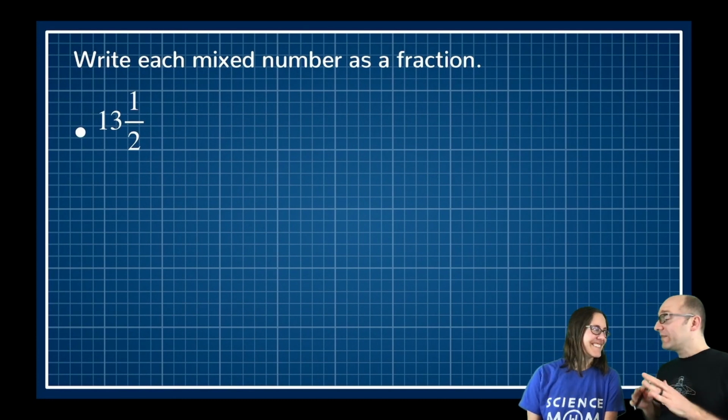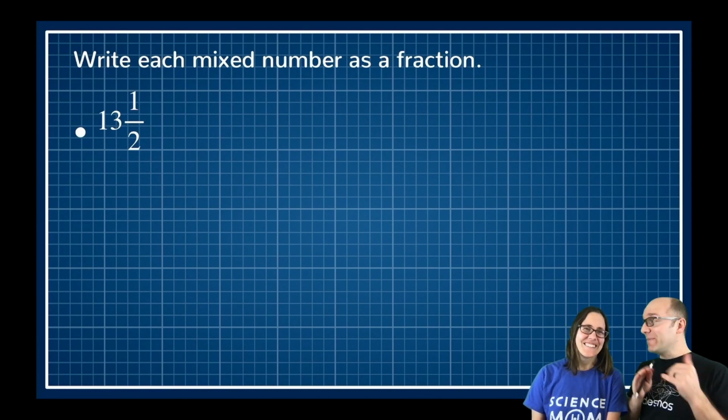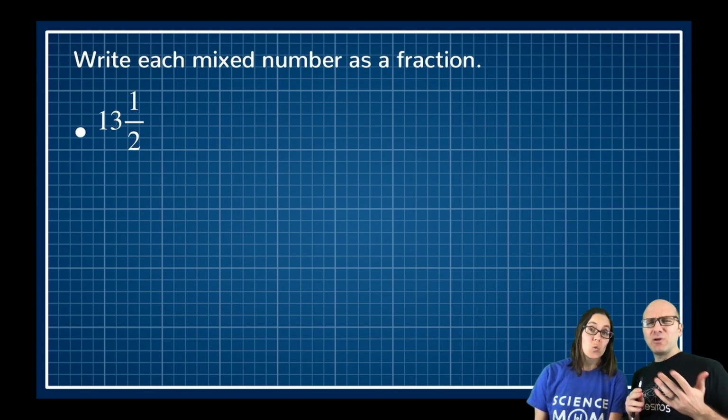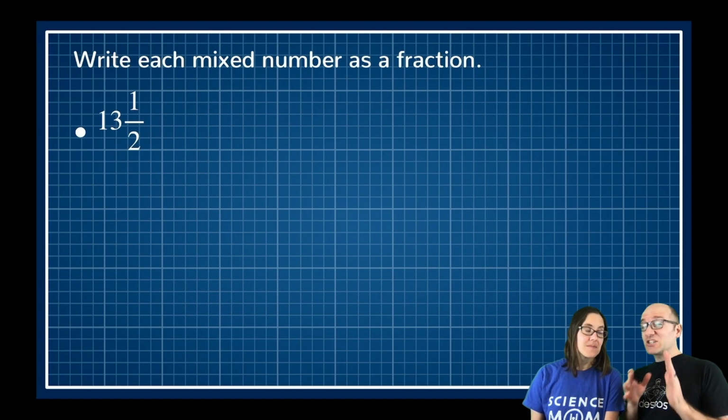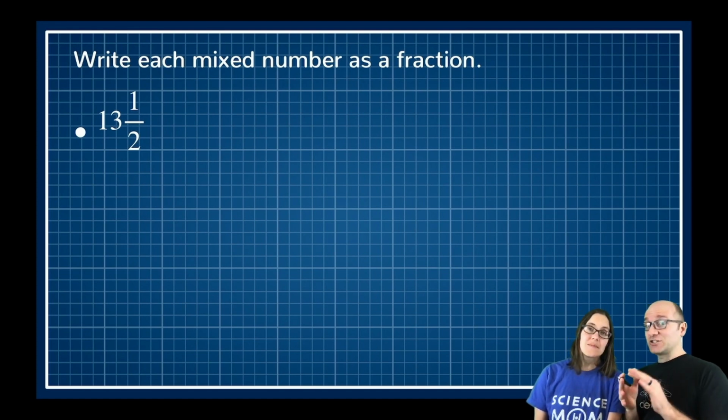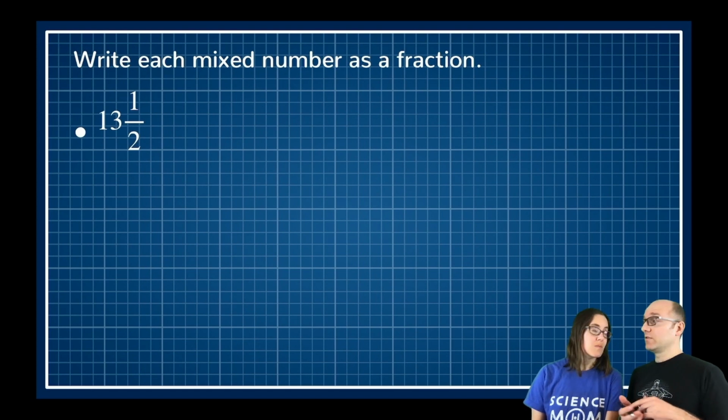Okay, now we're going to go in the reverse direction. We're going to start with a mixed number, and then we want to end up with a fraction. And you might be wondering, so why would we want to go in that direction? Because often the mixed number is the simplest one, or the one that we have the most intuition for, but it turns out that the fraction form is easier to do a lot of calculations with. So we need to be comfortable with both forms.